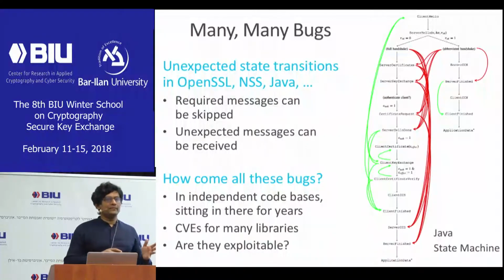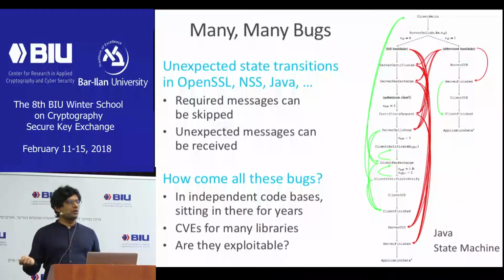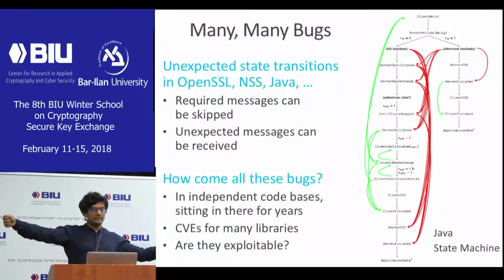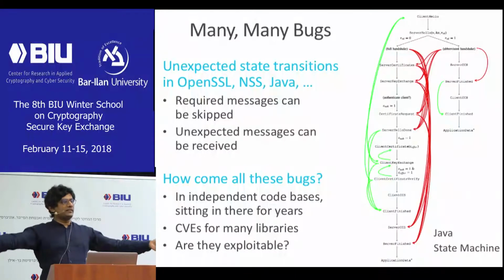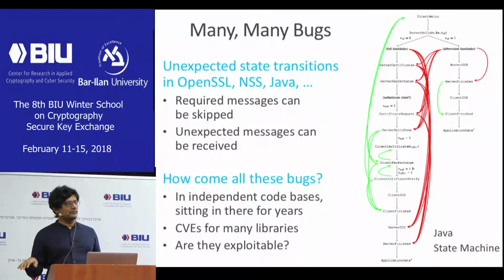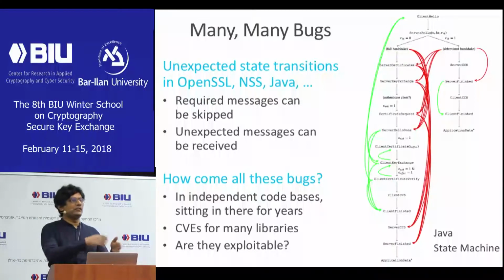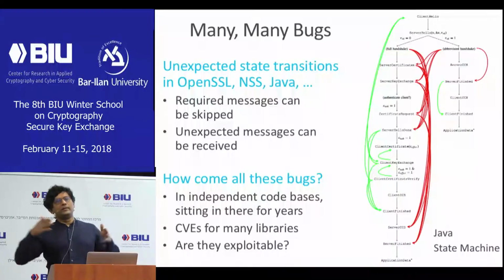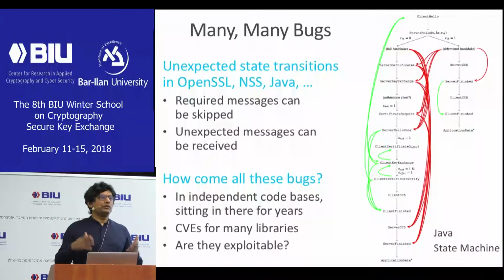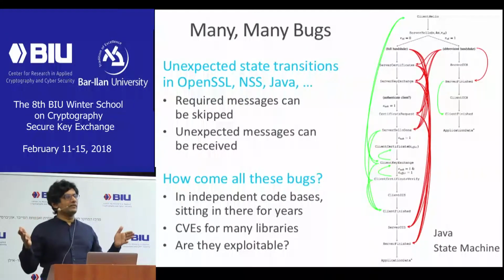still thought this was okay is that, suppose I receive messages in the wrong order. What's going to happen? At the end of the protocol, I'm going to have to MAC the entire transcript and send it over. The other person is going to MAC the entire transcript and send it over. If they're in the wrong order, the MACs won't match, the connection will break. So it doesn't matter if we allow some extra transitions here or there. By the end of the handshake, we should still get the guarantee that both of us agree on the exact transcript that has happened. And if both of us are badly behaved, then who cares? But if one of us is well behaved, we will find this bug at the end of the